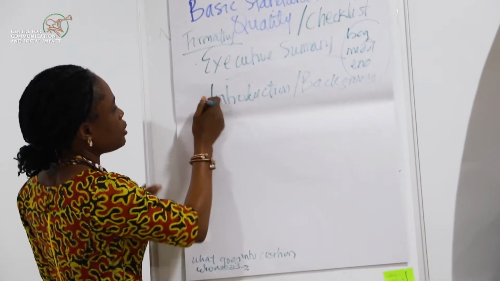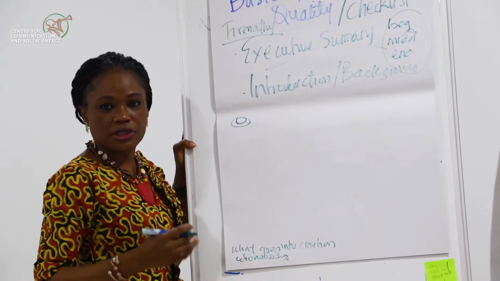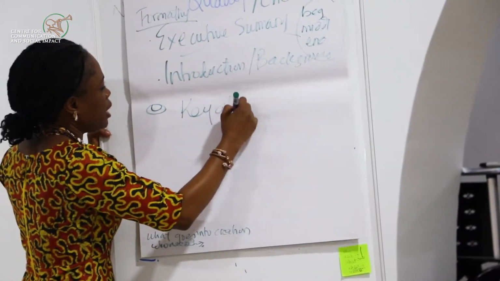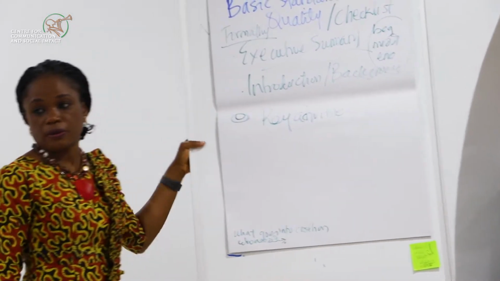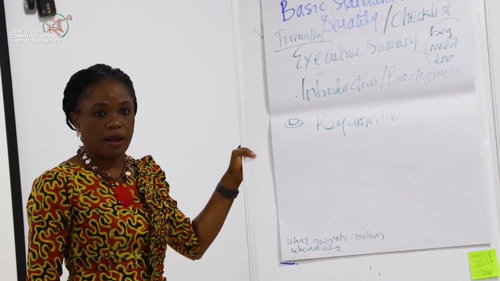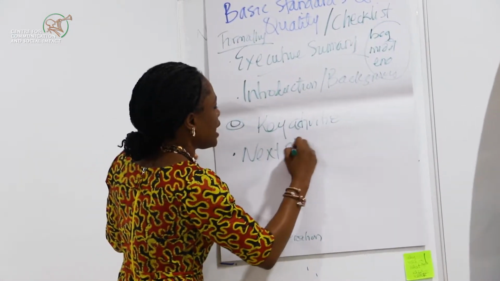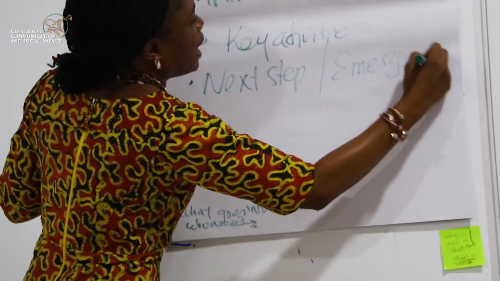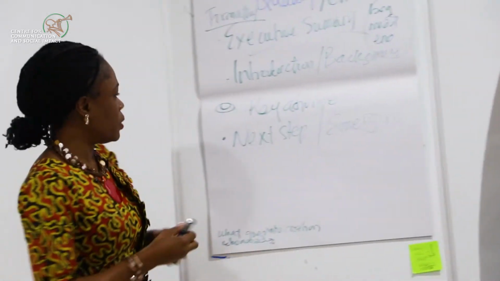Okay? So executive summary, introduction, background. What must your report cover? What should you see? Pardon? Key activities, yes. Don't follow the template now. Speak from your heart. I have some things in mind. Yes? What else? Next steps. Next steps is very important. We used to say next steps or emerging issues. Are they one and the same? Are next steps the same as emerging issues? No. Oh, we know. Okay.